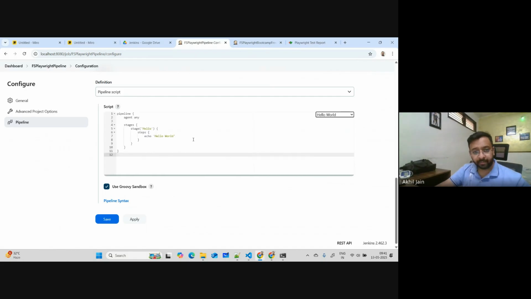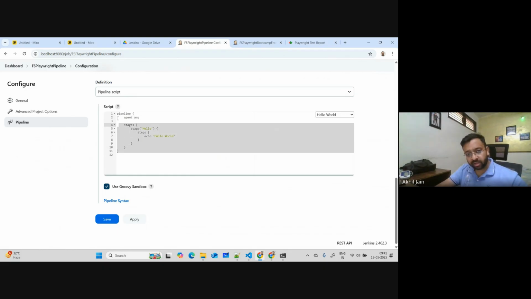Let's say hello world. So this is the syntax of the pipeline, of which you will have to create pipeline agent. You see, I'm saying any. As of now, I have only one agent, which is the built-in agent, the node agent of my Windows machine. So I'm choosing any, and if you want to learn all this in depth,